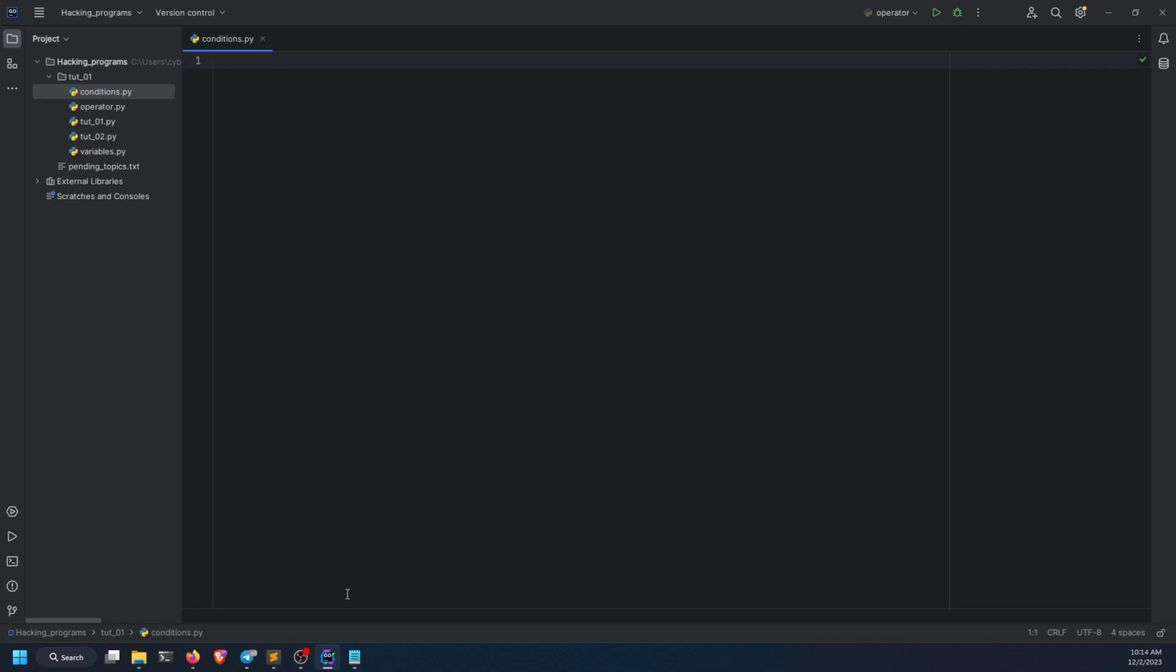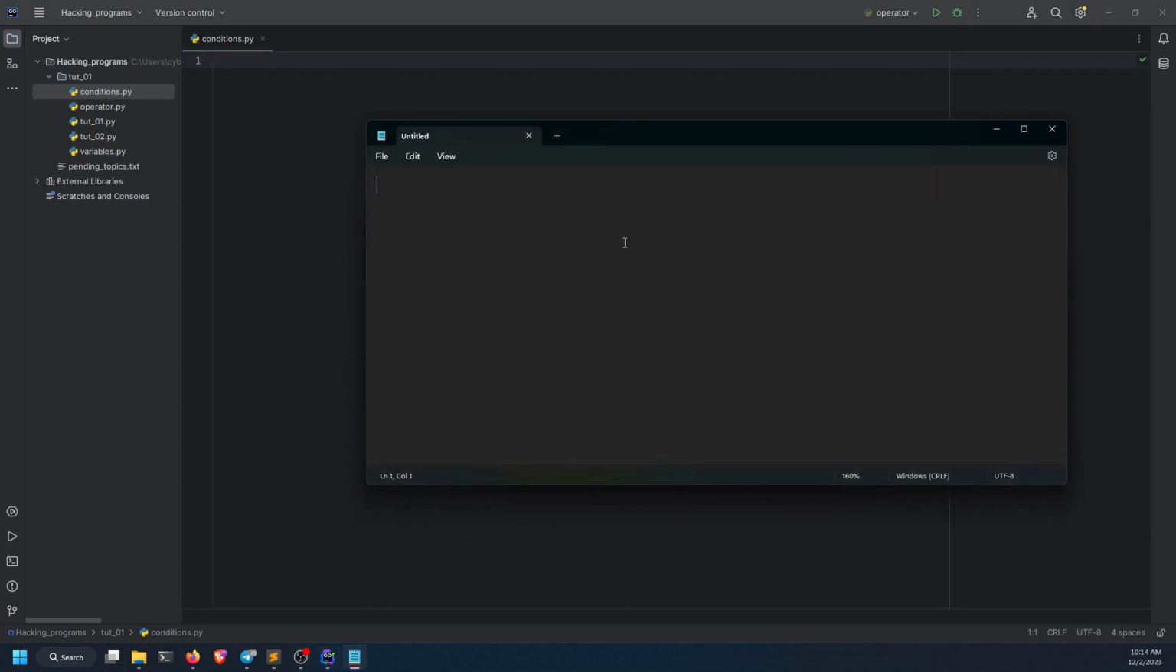I've created the new file, but before starting that, I want you to take the notes like I always say. So what are conditionals? Conditionals are used for controlling the execution of